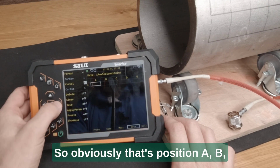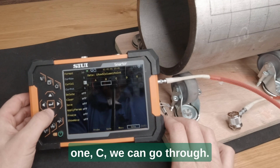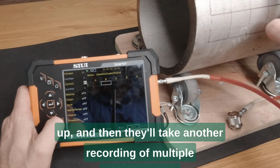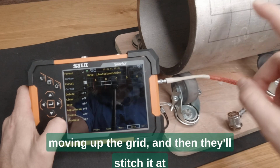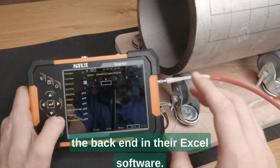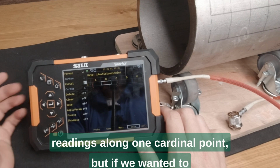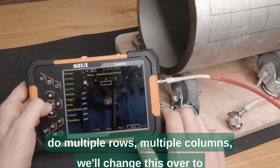That's position A1, B1, C1, D1, E1, and we can go through, and this is quite standard how everyone does their grid maps, where they will take a measurement, they'll move up, and then they'll take another recording of multiple measurements moving up the grid, and then they'll stitch it at the back end in their Excel software. Now that's okay if we're just doing very basic thickness readings along one cardinal point, but if we wanted to do multiple rows, multiple columns, we'll change this over to